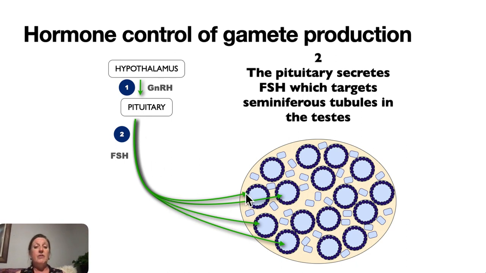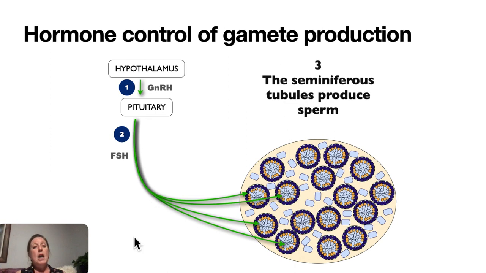So FSH travels through the bloodstream, gets to the testes, and the cells that make up the seminiferous tubules receive that, and they're going to respond. They respond by producing sperm. So they're going through that whole meiosis, cell division, and then maturing the sperm so that they are ready to be released. Actually, of course, they go to the epididymis first, where they hang out, get mature, and are stored till we use them. But in any case, this is when the seminiferous tubules are full,